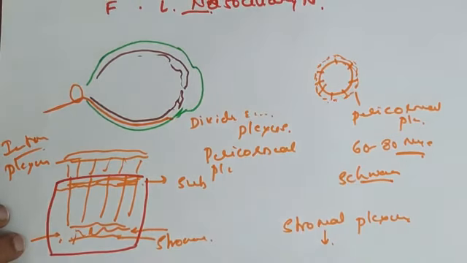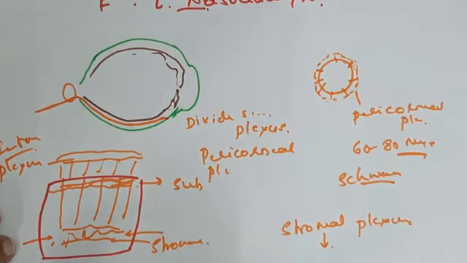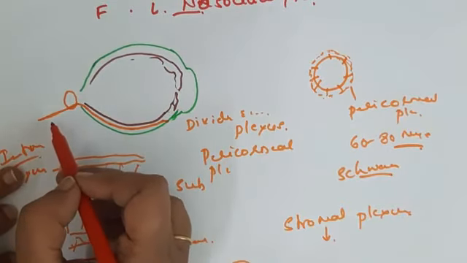So you will not be able to appreciate these nerve fibers in the cornea. But in the periphery, where they still have the Schwann cells, when you observe carefully with a slit lamp examination, you appreciate the white lines in the periphery. They are nothing but the corneal nerves. Even in cases of keratoconus, where the cornea is thinned out, you can make out the corneal nerve fibers. So hope you understood the nerve supply of the cornea.